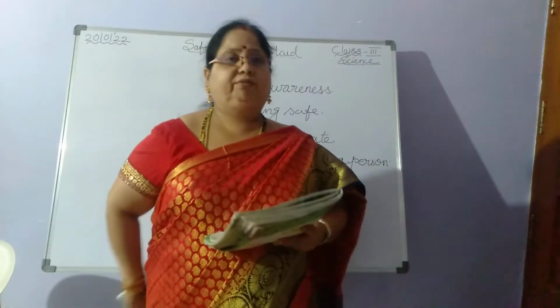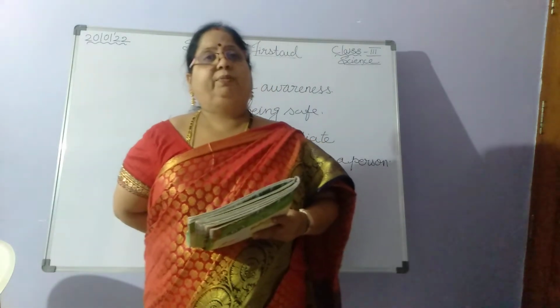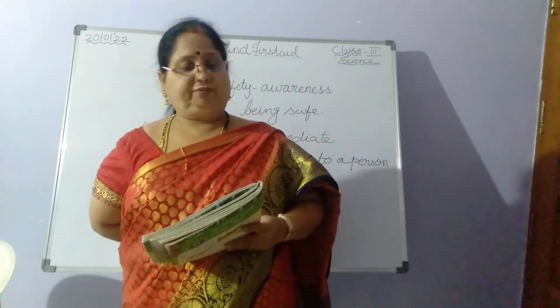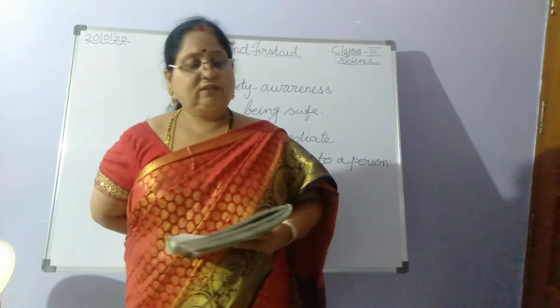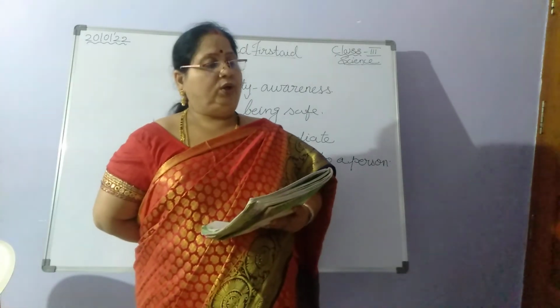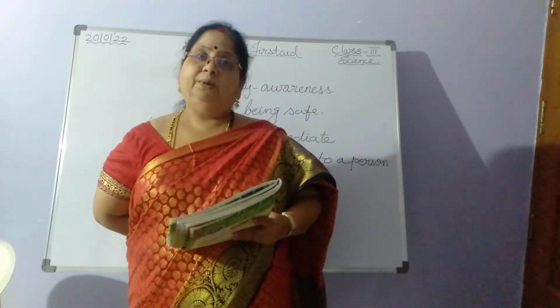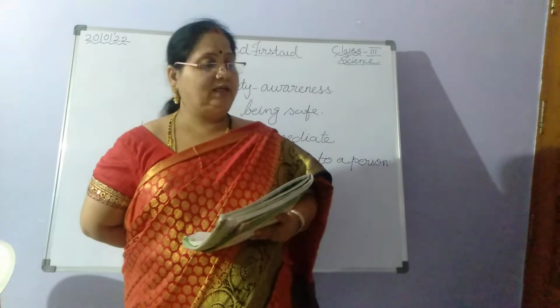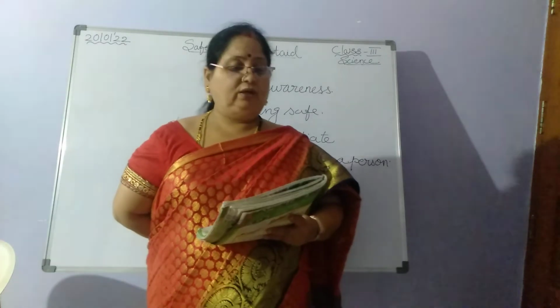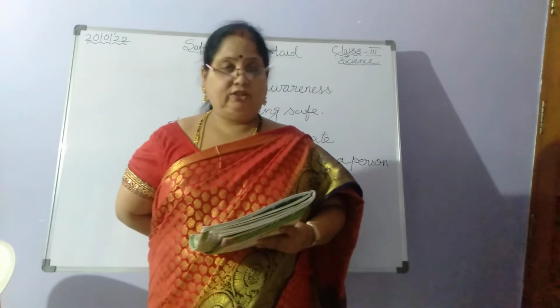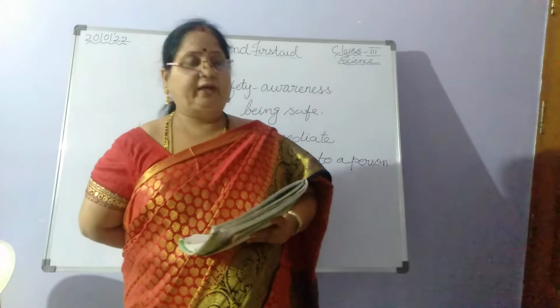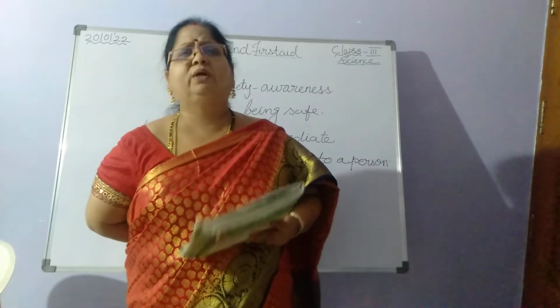Now get ready. Safety rules at home. How you should be taken. You should be very safe. Here are some safety rules that you should follow. Do not use sharp things like knives, blades and scissors carelessly. See, I told you now. Do not wear synthetic clothes while working in the kitchen. It catches fire easily. You are not going to cook anything.